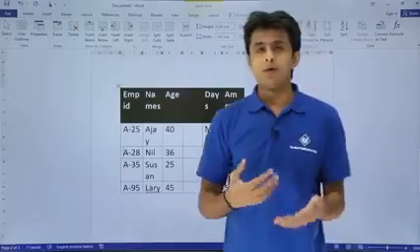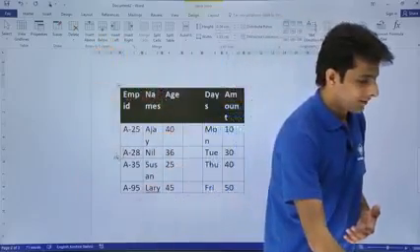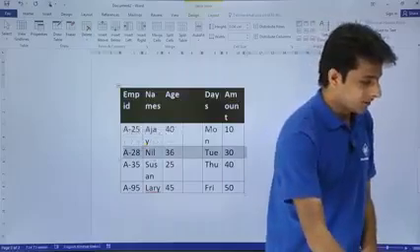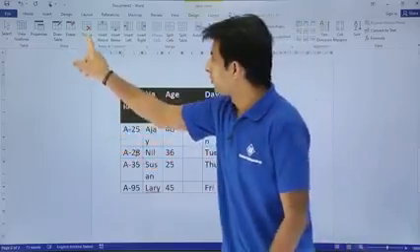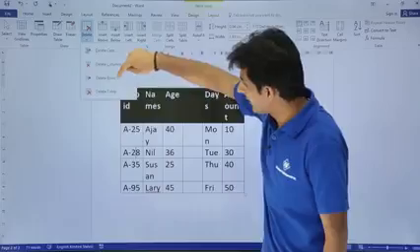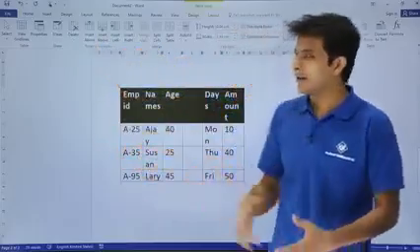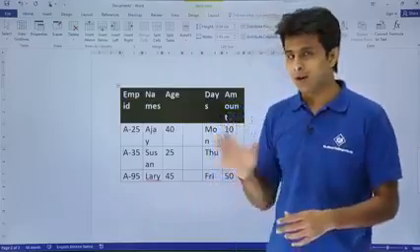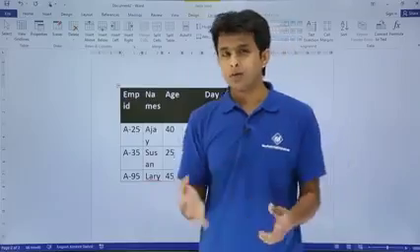The other method, if you want to delete rows, is that you just keep your cursor in any cell. You do not have to select anything, and then you can go to this Delete option, and you can see Delete Rows. So this A28 will get deleted. You see, Delete Rows, A28 got deleted. I've shown you how to insert columns before and after, and how to delete rows and columns.